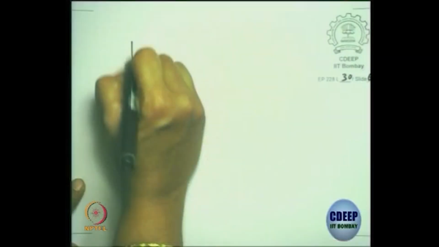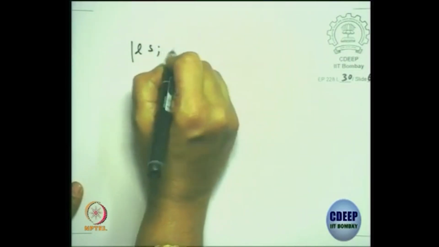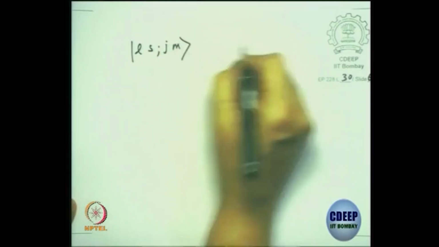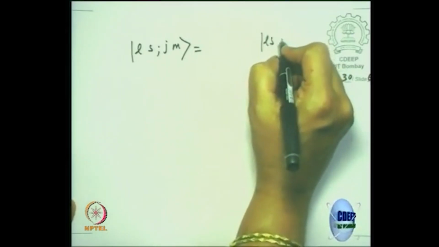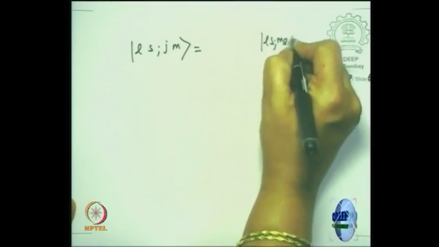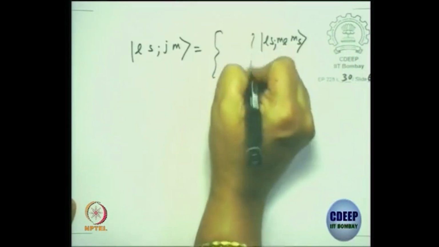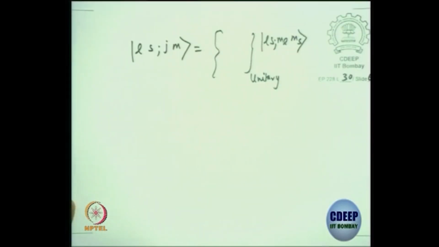So, you have a |L S J M⟩, you also have |L S M_L M_S⟩, and you have a unitary matrix